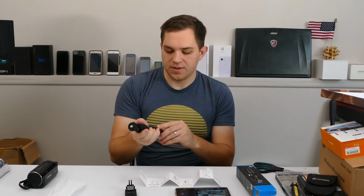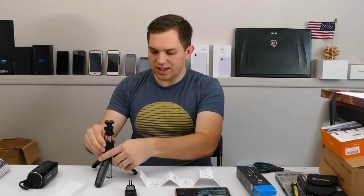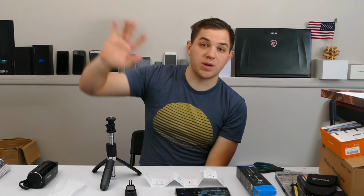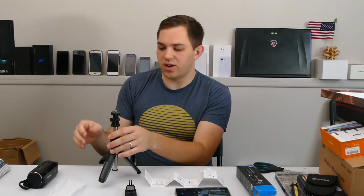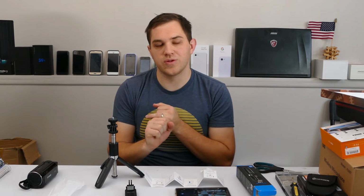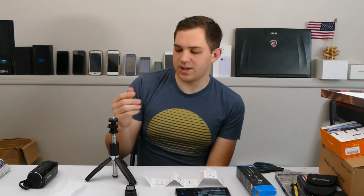And I think that if you did have it for like a table or something and you had it at a lower point, this works really good at a lower point. I think if you extend it really tall, you gotta be real careful. But at a low point, I think it's really, really good. So if you had it on the ground and you get your camera angled up, like I showed in my portrait, my photo shoot video that I posted about a week ago, that would really be helpful if you're just using your phone or using something like that. But this is